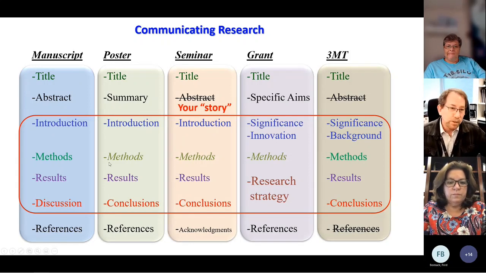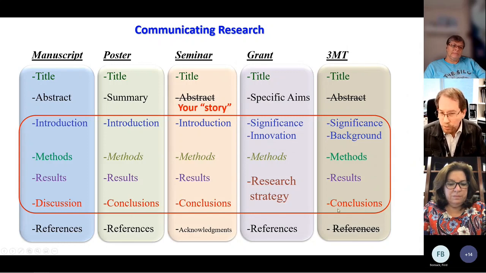And the 3-minute thesis is no different than a manuscript. The difference is that if you're writing a manuscript or doing a departmental seminar or something like that, you're talking to people that are in your field and they speak your language. Compared to a 3-minute thesis, your audience in this case doesn't speak your language necessarily, but the points are the same. The reason students and faculty alike are often challenged to put a 3-minute thesis together is